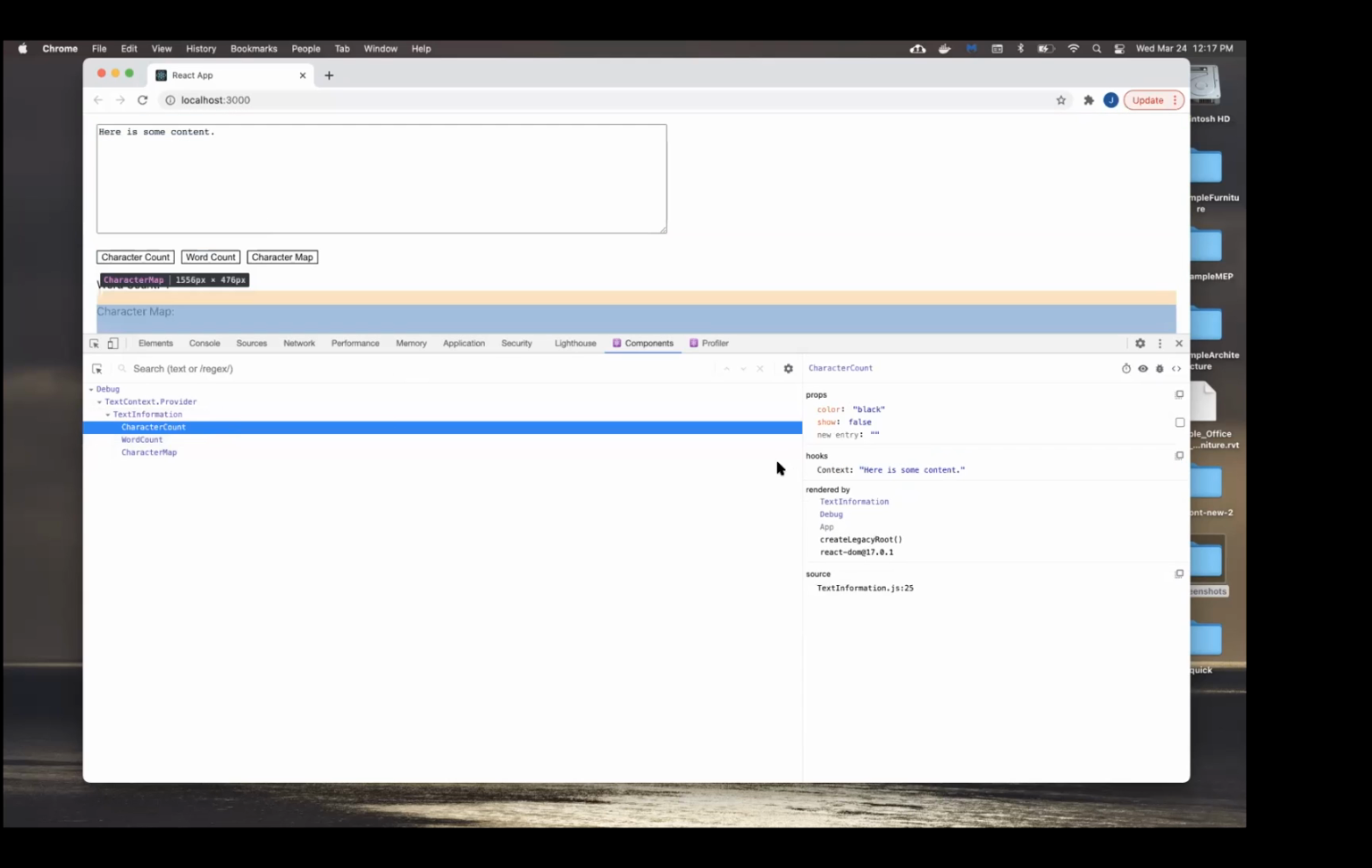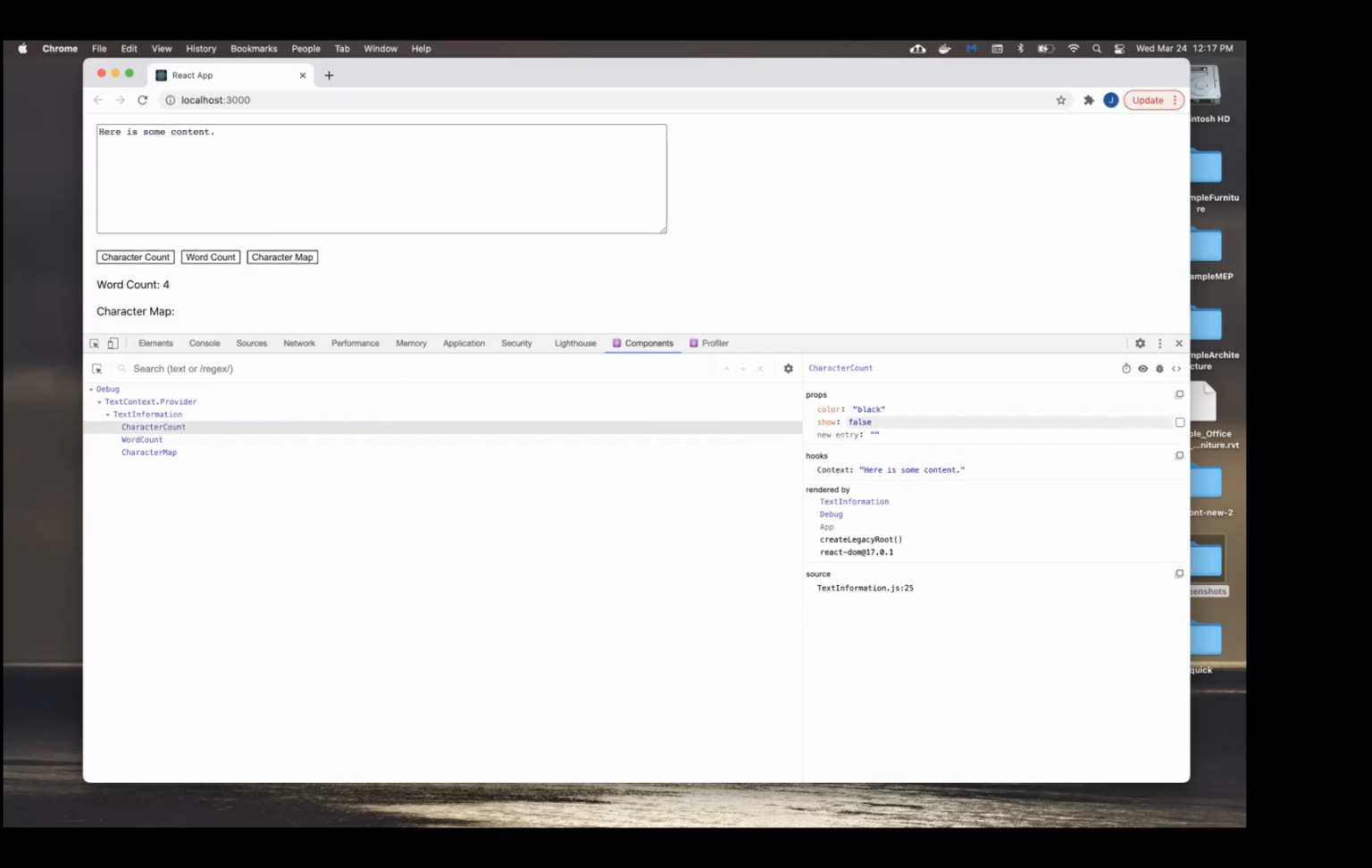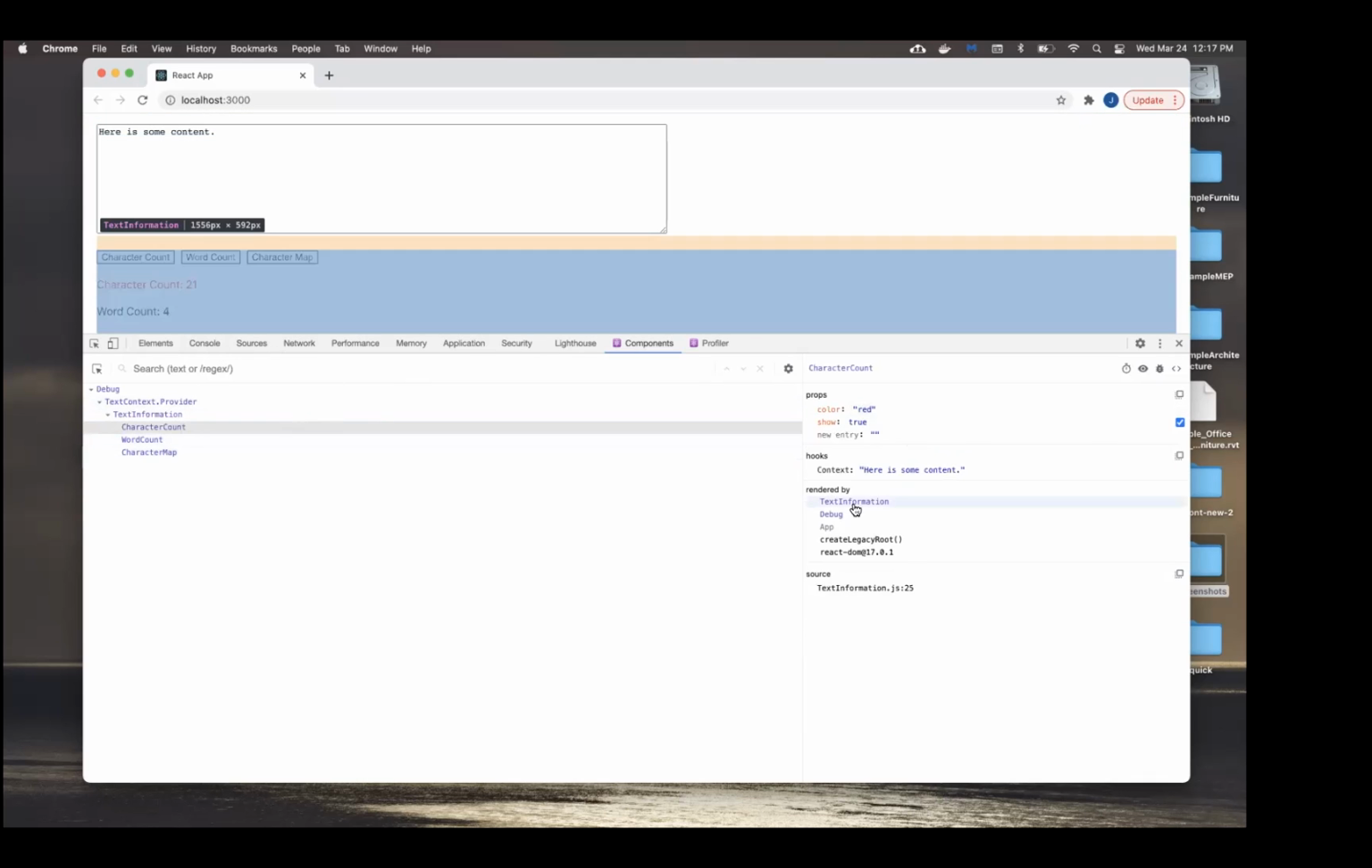Or if you click on a component, you can change the prop directly. So this is a Boolean, so we can turn it off and on. But it actually has this other secret prop color, which is used to set the color of the component. So we'll just change that to red, and that'll change it to red. All right, so a couple